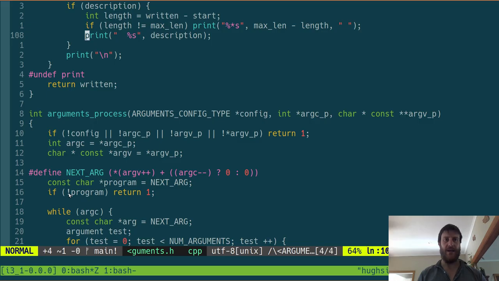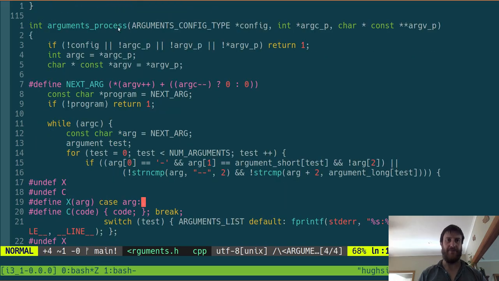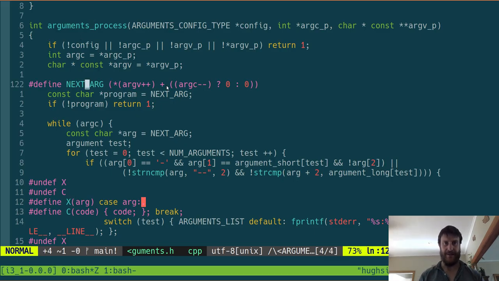Do that. And the processing is pretty similar, but we make use of the X macros a bit. So we set up this next arg, which does this thing, which I believe is not bound by any weird edge cases in C, but I believe you can do this. What it's doing is taking a pointer of argv, getting the next arg, and then incrementing that pointer as well. So the next time you do it, you'll get the next one. And then it's adding on to it